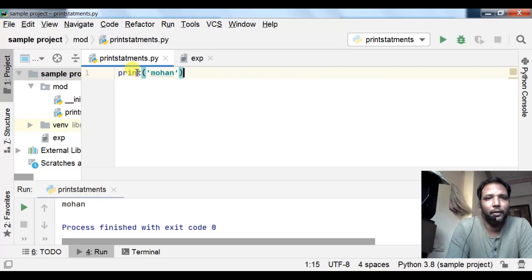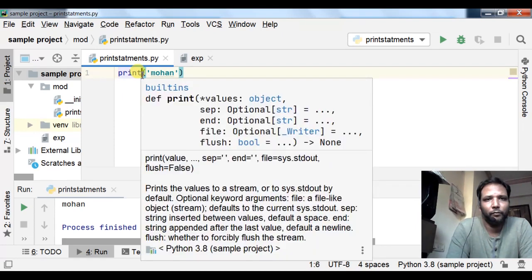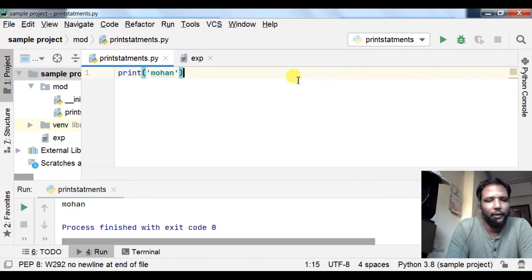See here, you'll get the help. This is a built-in function, and this is what it takes, this is the syntax. You need not refer to books for the syntax; you put your cursor over it.